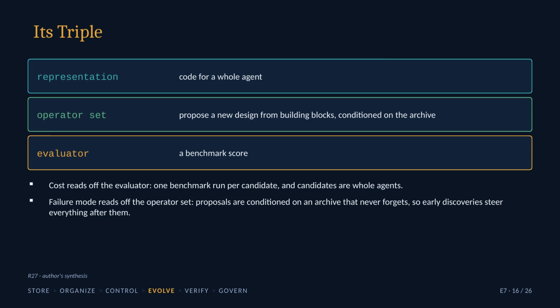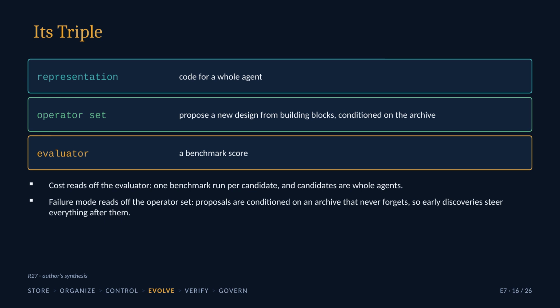So state its triple. Representation, code for a whole agent. Operator set, propose a new design from building blocks, conditioned on the archive. Evaluator, a benchmark score. Now do what slide 4 promised and read the consequences off the triple rather than off the results section. Cost reads off the evaluator, 1 full benchmark run per candidate, and each candidate is an entire